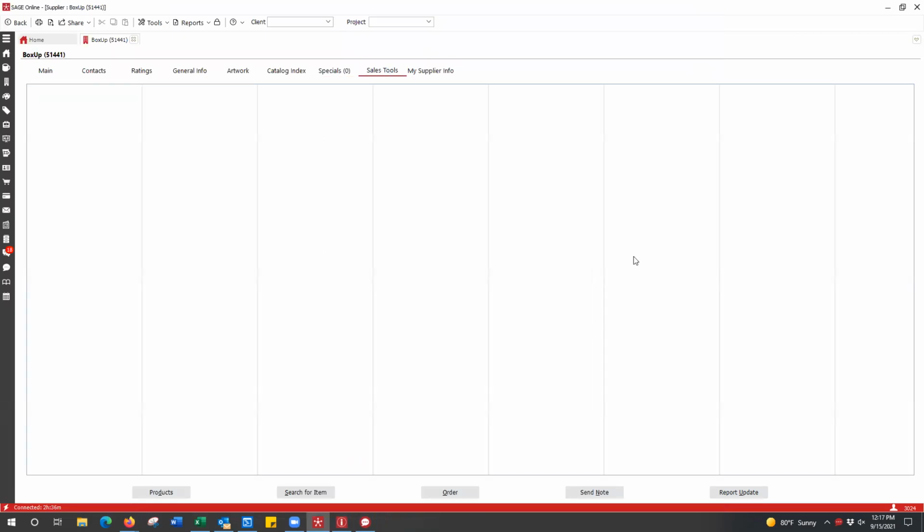And then you have the sales tools area. Like I mentioned on that webinar, this is where you can put in any additional marketing information. You can actually put videos in here. You can put in URL links like YouTube links, documents, articles, testimonials. And then if you guys do any advertising with us, like banner ads, you can actually attach up to 3 of the sales tools to your ad.